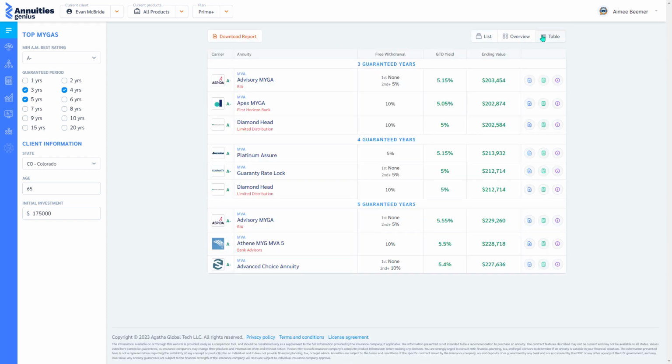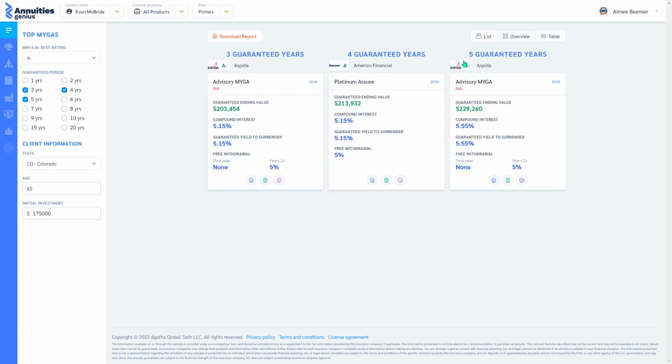If you would like to simplify it, you can do so in the table view or even further by only showing the top MIGA from each period rather than the top 3. So as you can see, if you're looking for a MIGA, your income solution and accumulation solution is already here